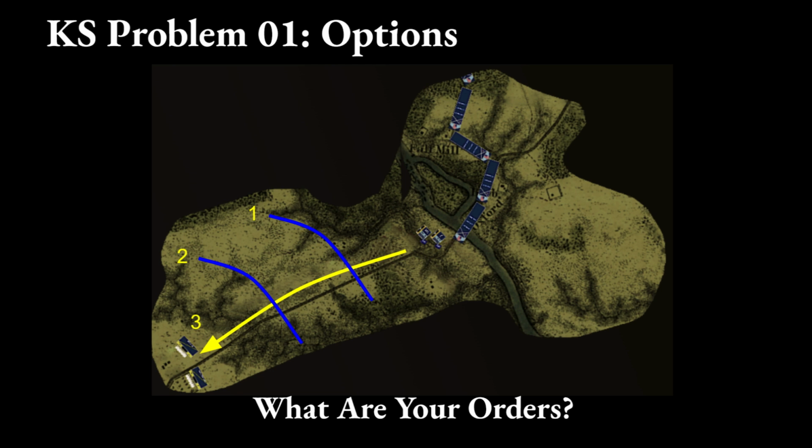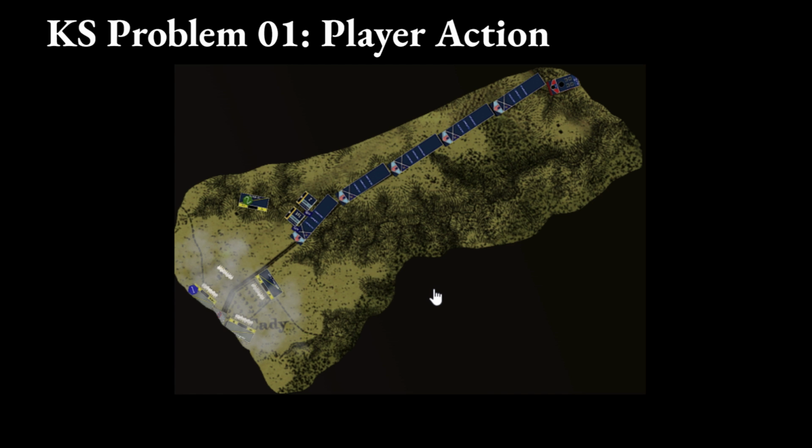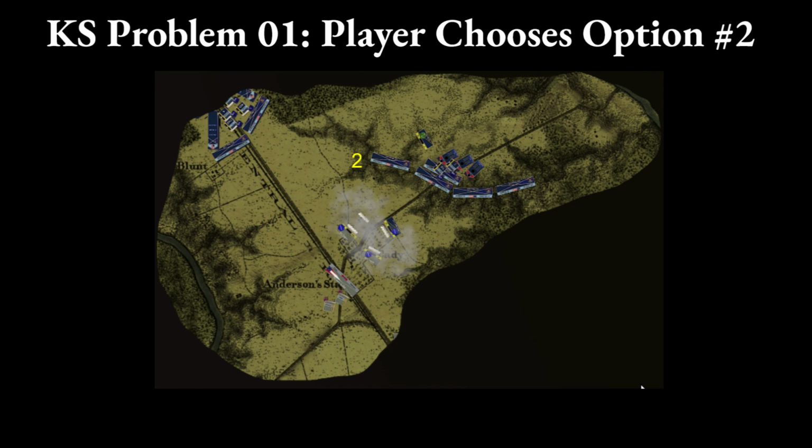What are your orders? Now we'll look at the decision the player took and the results of that decision. The player chose option number 2 to move to the edge of the high ground and deploy there. This worked well because it allowed the player to develop a picture of the situation and coordinate the next move